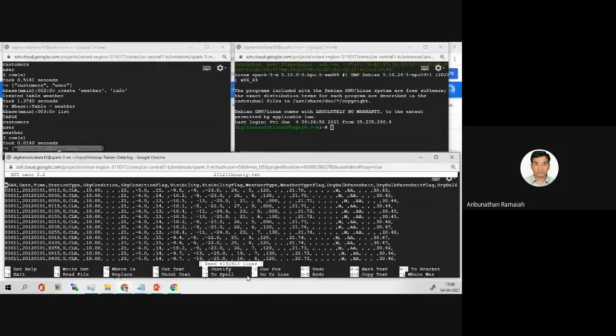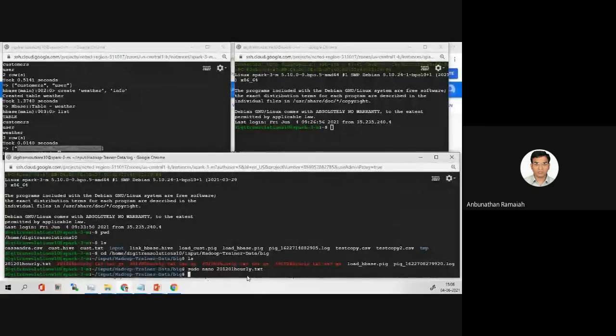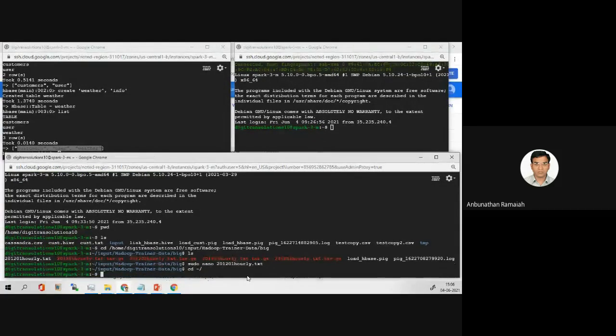So this is the big data. You can see here different columns are there. Let me come out of this. Then we'll go to home. Okay, then we have downloaded the text file.